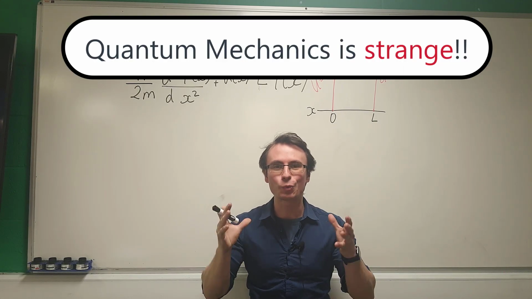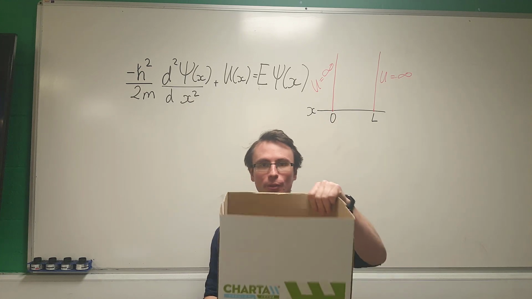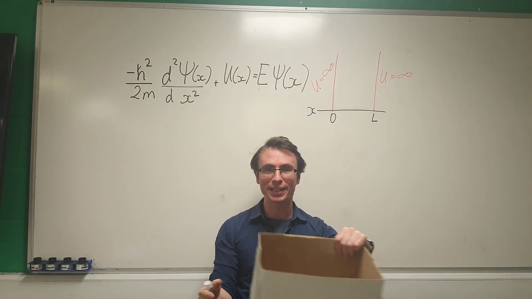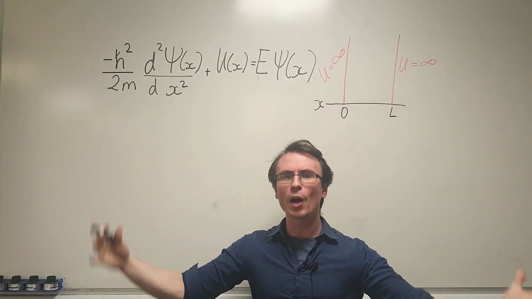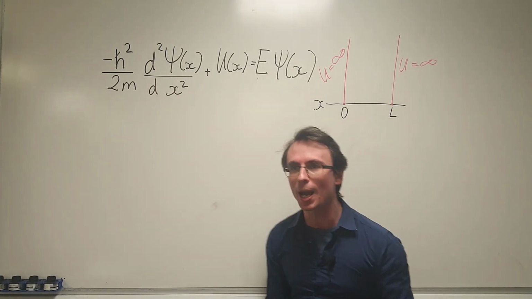Quantum mechanics is really strange. In classical physics, if I have a particle in a box, this particle can have a whole range of speeds and there's no particular place in the box where it's most likely to be found. In the world of quantum physics, this is governed by one of my favorite differential equations of all time, Schrodinger's